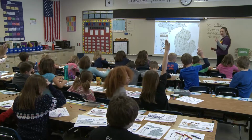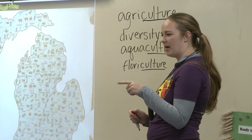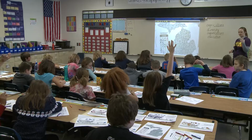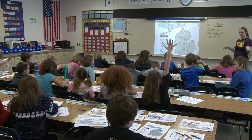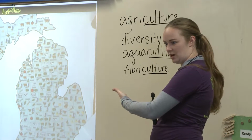Tomatoes are tricky because when you talk about the study of plants, which is called botany, tomatoes are a fruit because anything that has seeds inside of it is a fruit. So even things like cucumbers, squash, all these things that we think of as vegetables, technically, they're fruits, which is funny, right? But